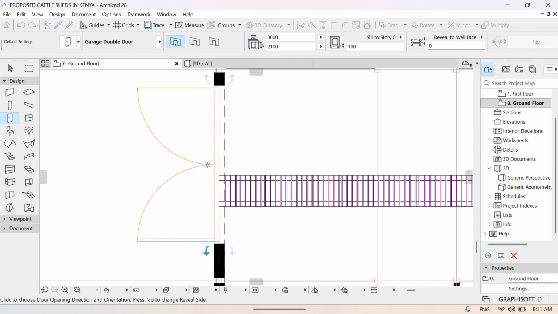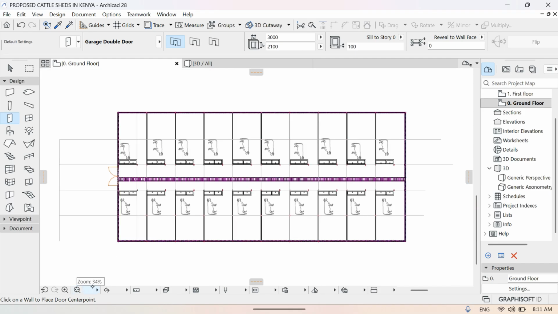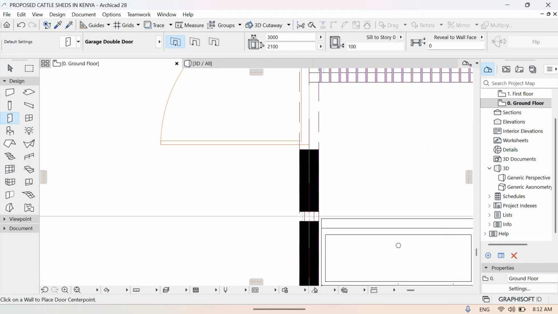Should it open outward or inward? I think outward is better. So let's try that. Same for this other side. Just zoom out and zoom into where we want to place our door. And I would like our door to be in line. We have a linear line from one door to the other, so we can use the line tool to make sure that happens. So we come to